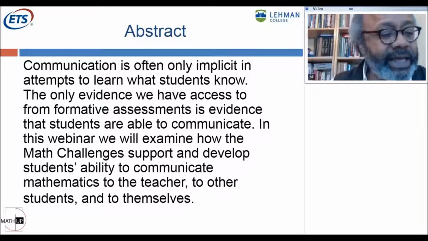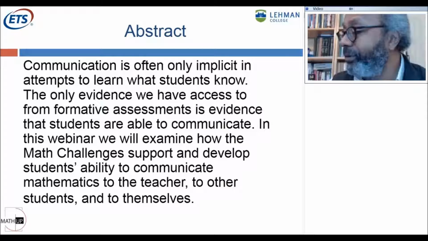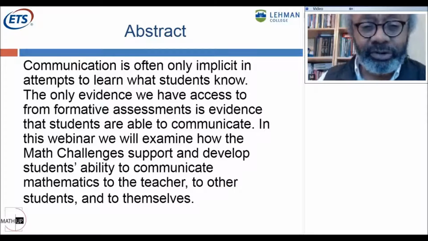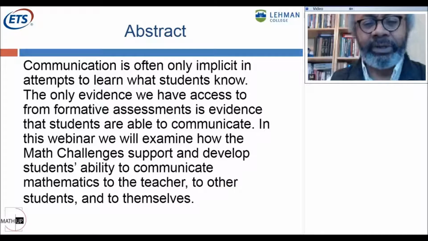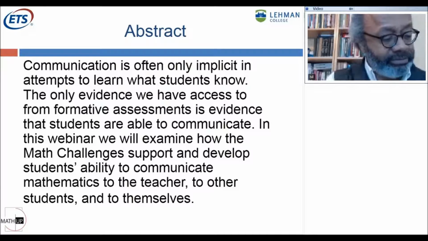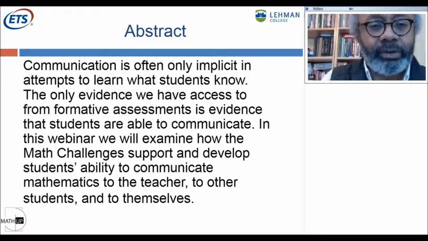And at the very end, we'll look at least one example from the mathematical challenge that we used during the webinar of how these particular aspects of communication that we're concerned with are related and enhanced and supported in the mathematical challenge. I think we'll look at a first grade challenge. So let me move to